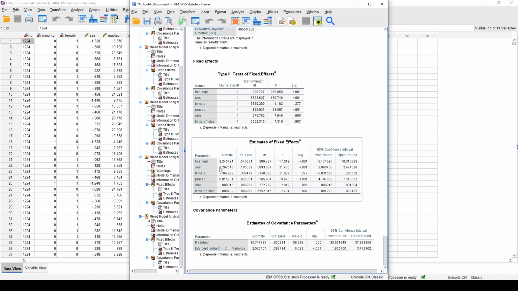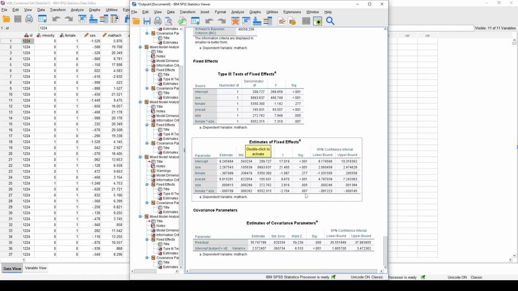Oh, this is interesting. Okay, here we go. So socioeconomic status still has a statistically significant impact on math achievement. But now female doesn't have a statistically significant impact on math achievement. So including size in this interaction, oh man, now we figured out the trick. We have to include the school size, and now we can see that whether you're a girl or a boy isn't statistically significantly impacting your math achievement score. And we can say things like, yay, that's fantastic. And we have the size as a statistically significant impact, and the female times size interaction term is statistically significant,